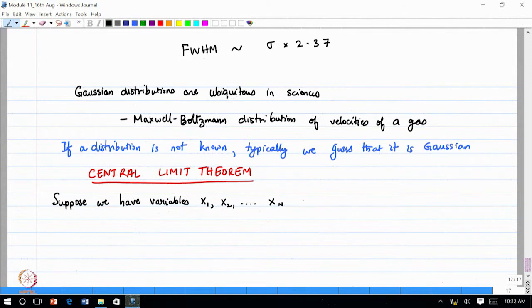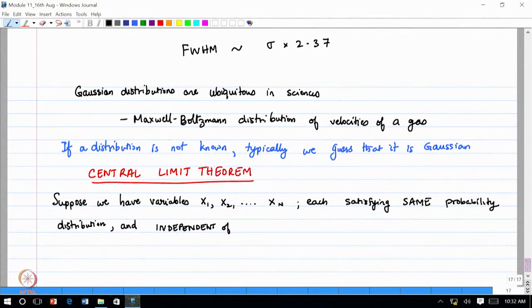These are different variables, each satisfying the same probability distribution and independent of each other, such that the average of any xi is equal to mu and the standard deviation of xi is equal to sigma. So, each of them has the same average and standard deviation. Then